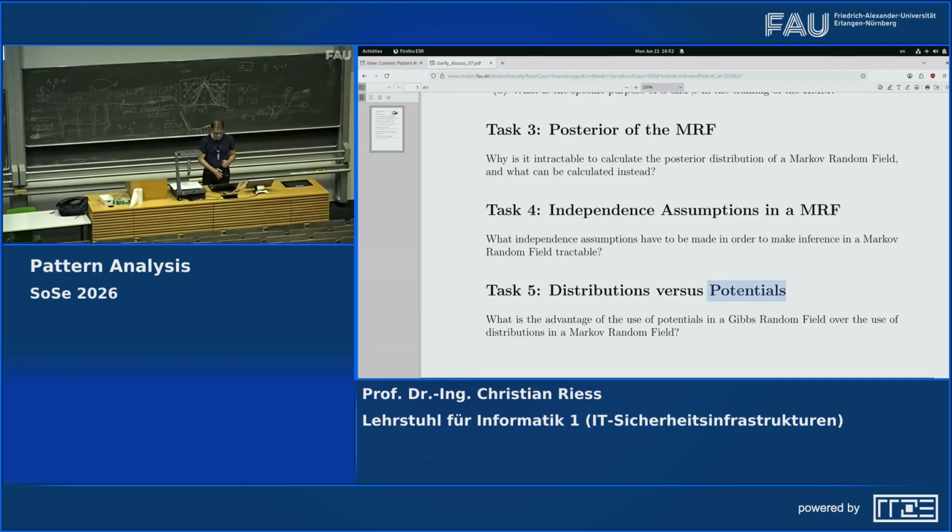What is the advantage of a potential? The advantage of a potential is that you can essentially define a function in your problem space. With this, in a potential, you can embed an energy function. This energy function